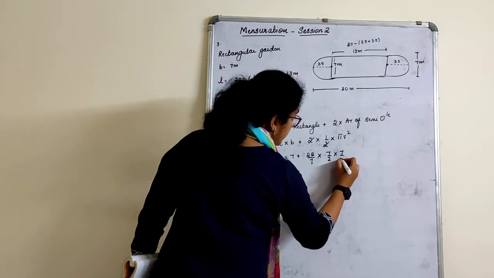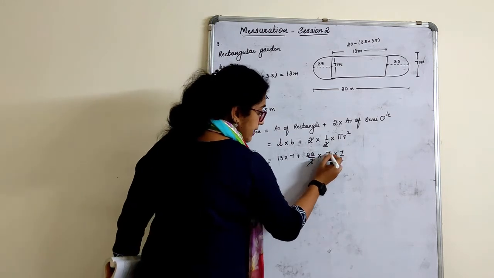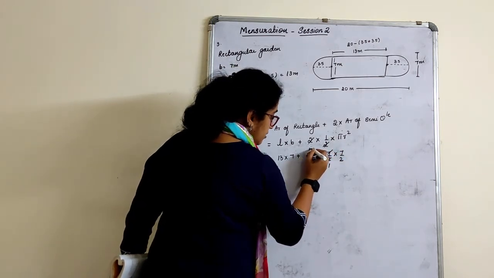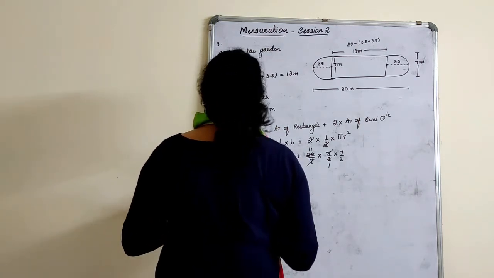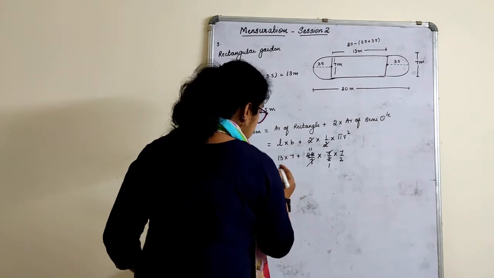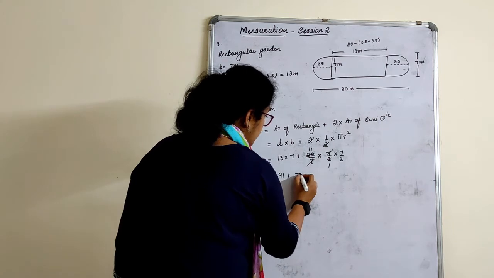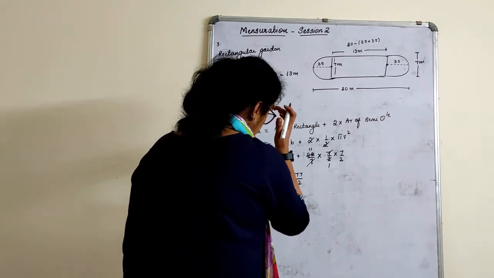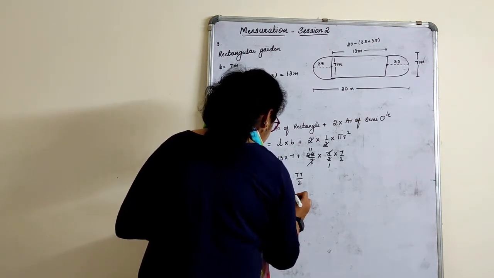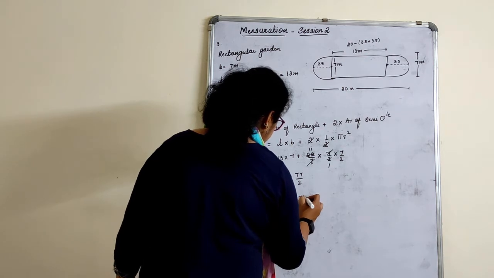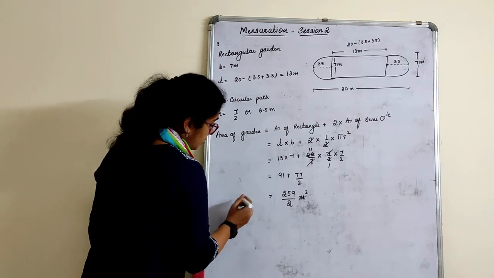7/2 into 7/2 r square. So don't cancel 7 and 7 here, plus sign is there. Cancel here. 2 1s are 2, 2 11s are 22. So 13 7s are 91. When I check, you will get it as 91 plus 11 7s are 77/2. So take LCM, you will get the answer as 259/2. Directly I have written this. Take LCM, 2 into 91 plus 77/2. This is area of garden.